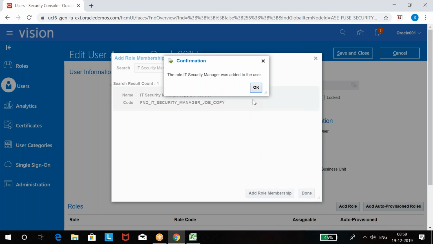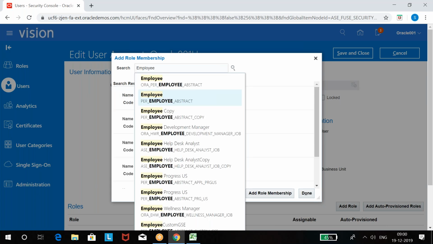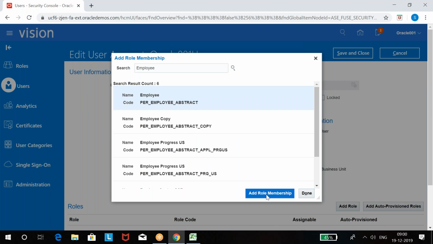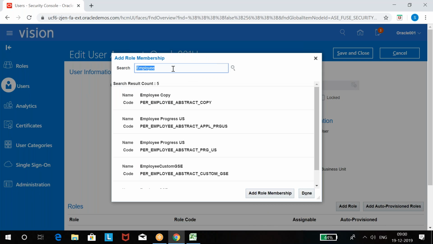Next, employee. And the next, chief financial officer.